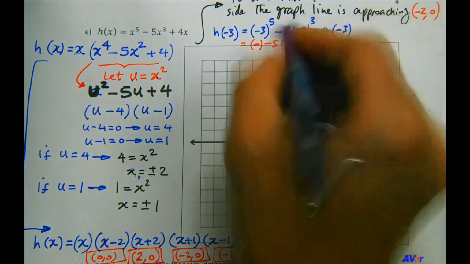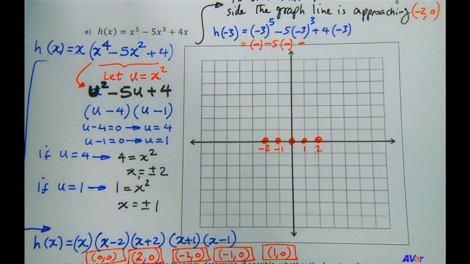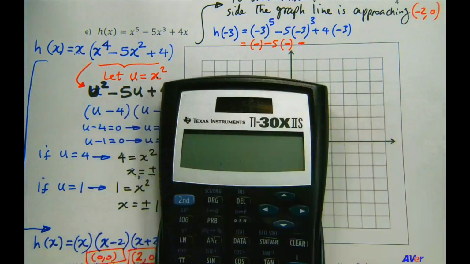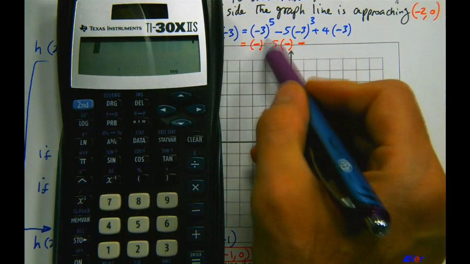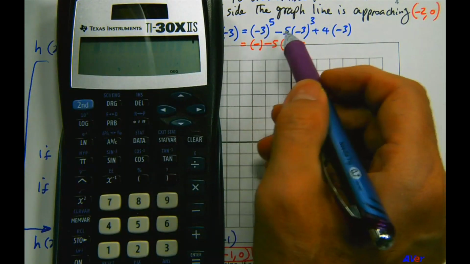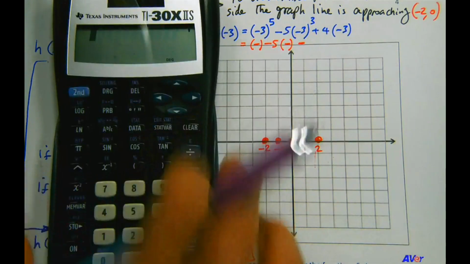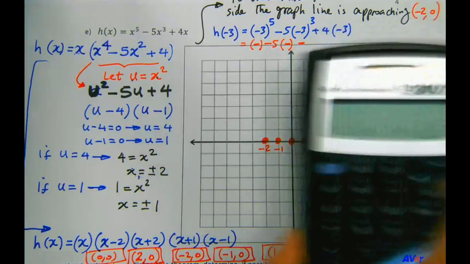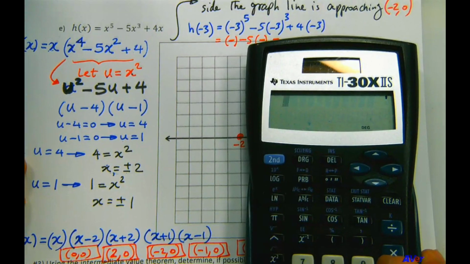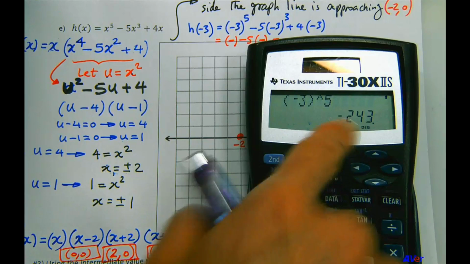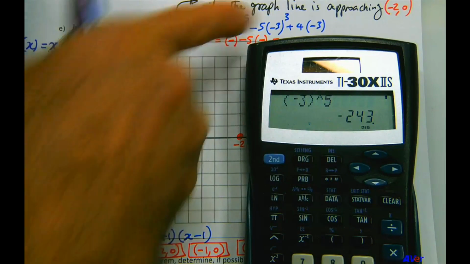So minus 3 to the 5th, I can use my calculator here to get a quick feel for what these numbers are. Because in factored form, we wouldn't care about the values, but here the function is not in factored form, so we do care about what those values are, because we're going to add or subtract them. So negative 3 to the 5th power is minus 243, minus 3